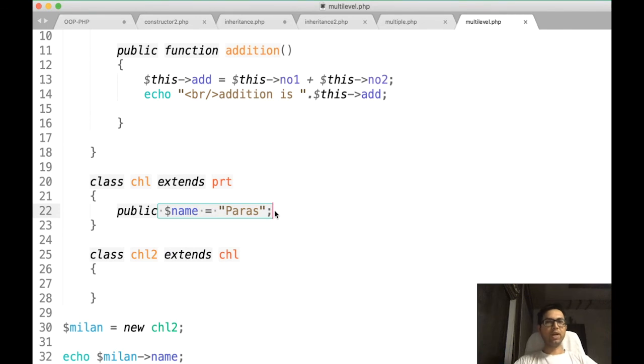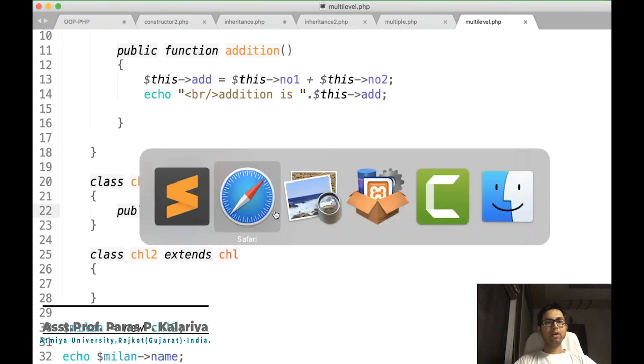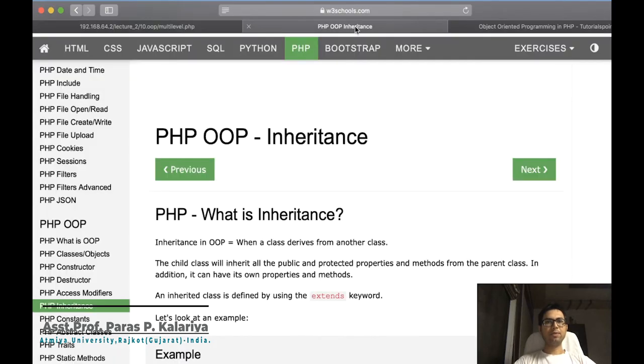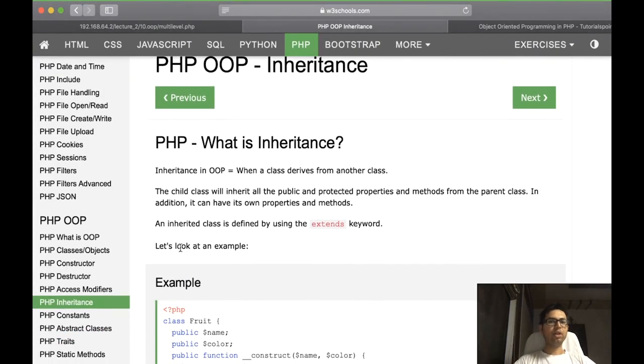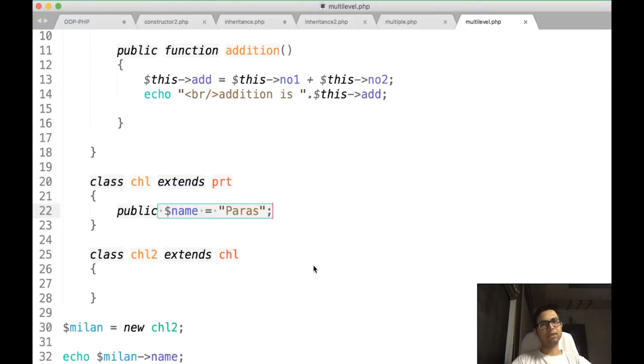So that's it for today's lecture. In today's lecture, we saw the concept of inheritance, multiple inheritance, multi-level inheritance, and different types of access specifiers. Once again, I am repeating, you can visit these two websites for detailed theoretical clarification of inheritance. I will go a little bit fast in the object-oriented programming concepts of PHP, assuming you have already learned them in OOP C++. And that's it for inheritance.